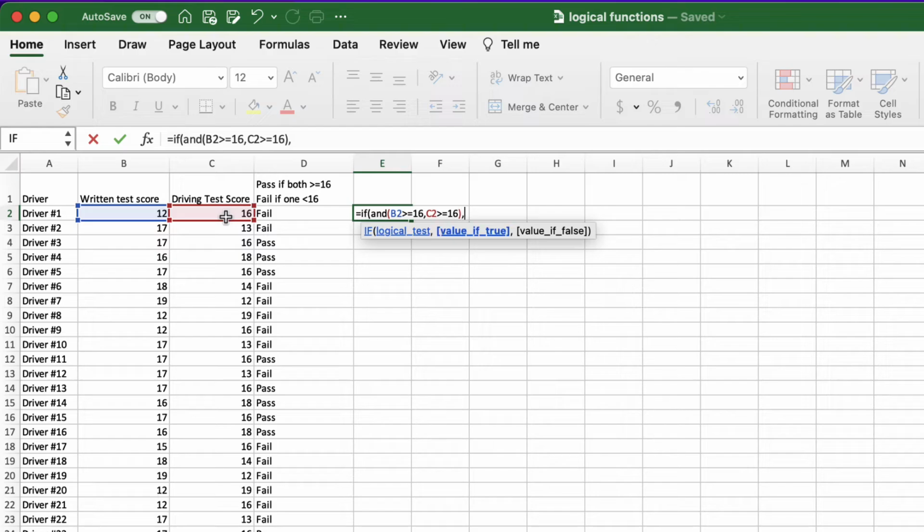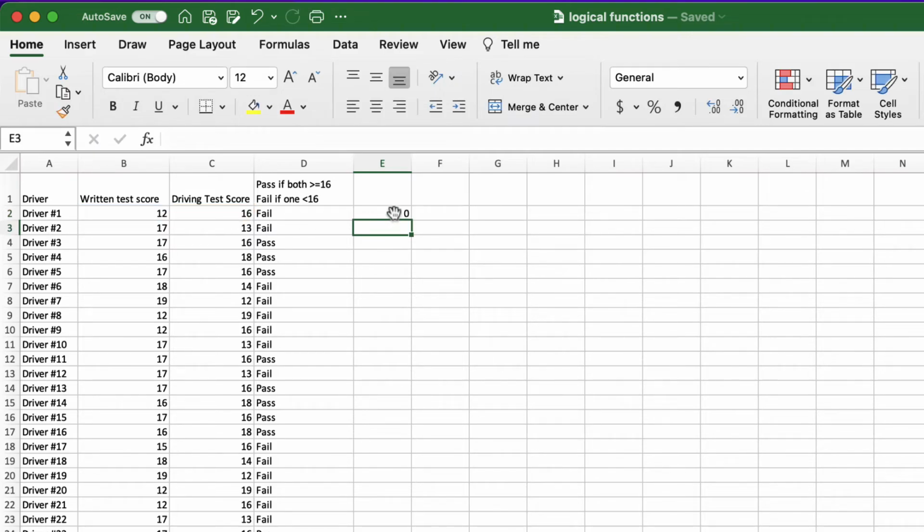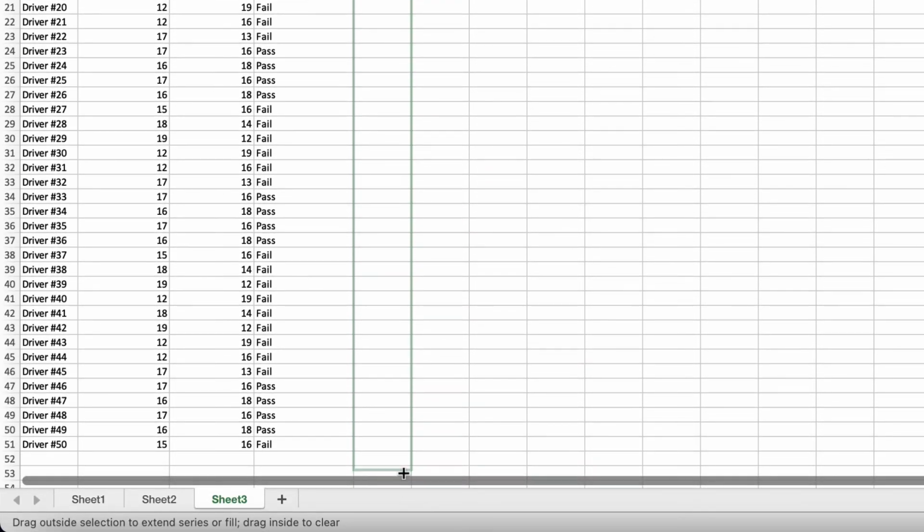That finished the logical expression, then comma. For the true value, I will use 1, comma, and for the false value, I will use 0. Close the parenthesis and press enter. Use the autofill tool for the rest of the table.